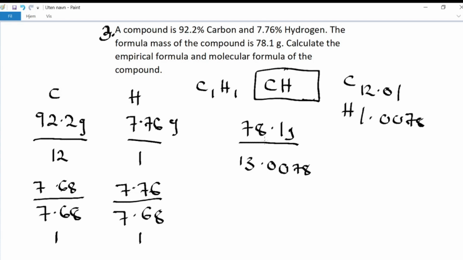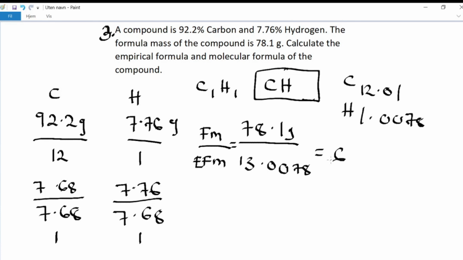So we have to divide. This is to find the molecular formula of the compound. You have to get the formula mass that they gave you in the question, and you divide it by the mass that you get in the empirical formula. We write the formula mass like Fm, and divide it by the empirical formula mass, so you will get the molecular formula multiple. If you divide 78.1 by 13.0078,